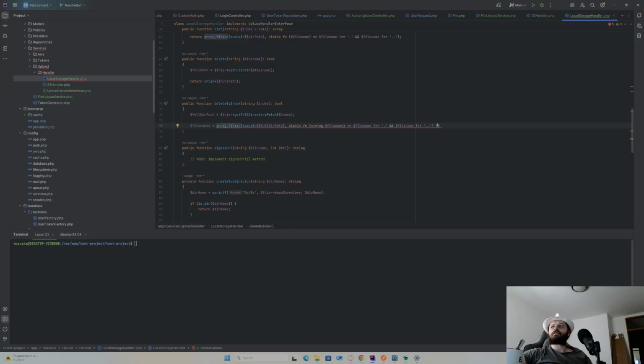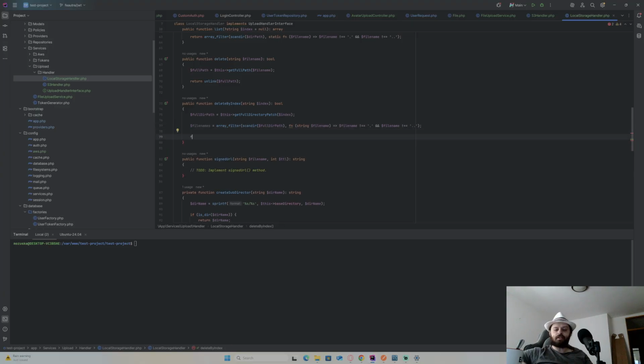Let me just remove this one and leave this. Why did I use this, I don't know, so I need to just use this function. I don't know why I use the conditional. Okay, that's it. So this is my file names, and now for each file name in file names,